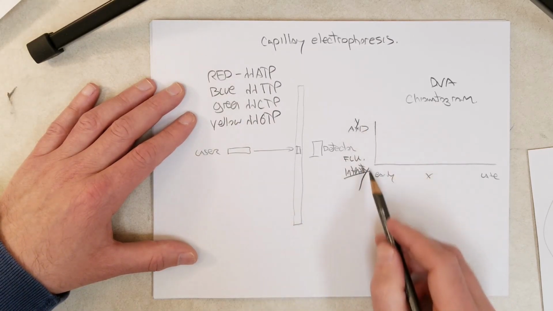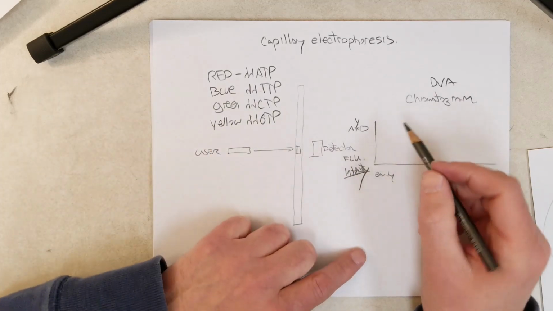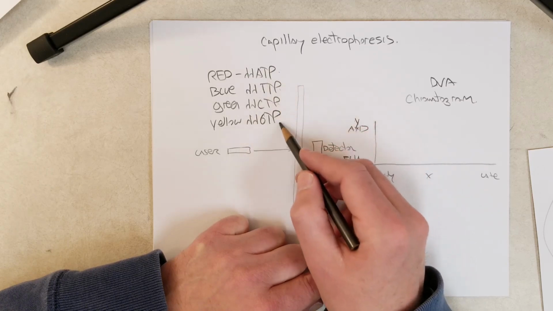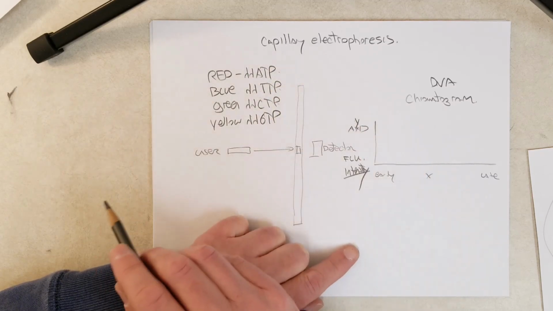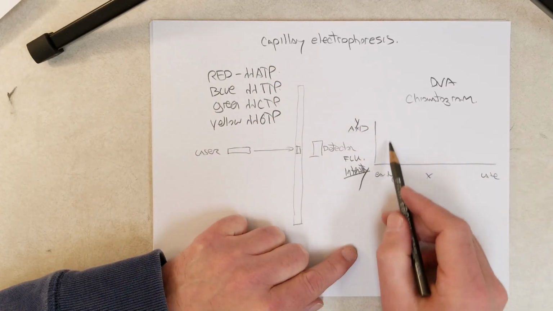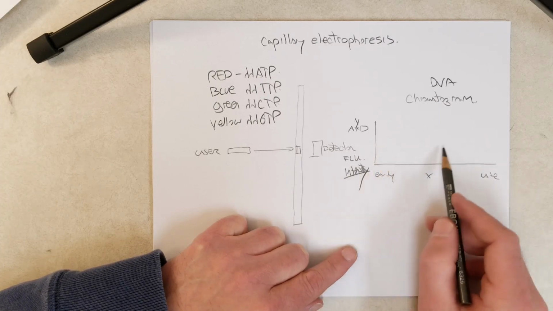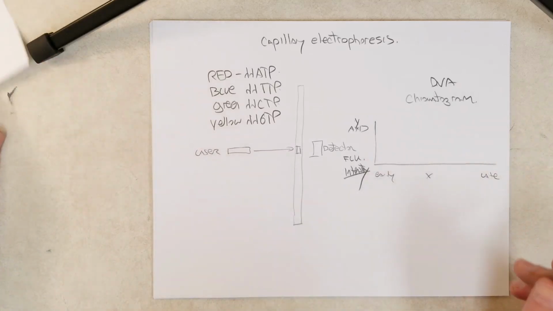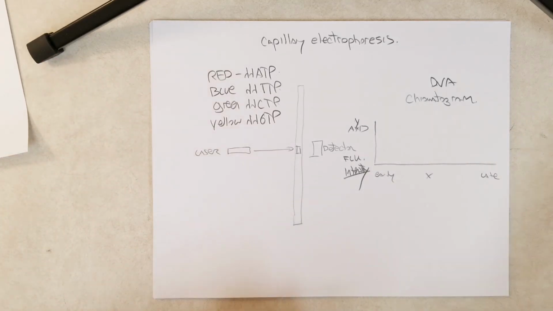Fluorescent intensity here. What the computer is going to detect is the 4 different colors, so the 4 different fluorescences. We're going to have 4 different colors being registered on this chromatogram here. So, using our previous example,